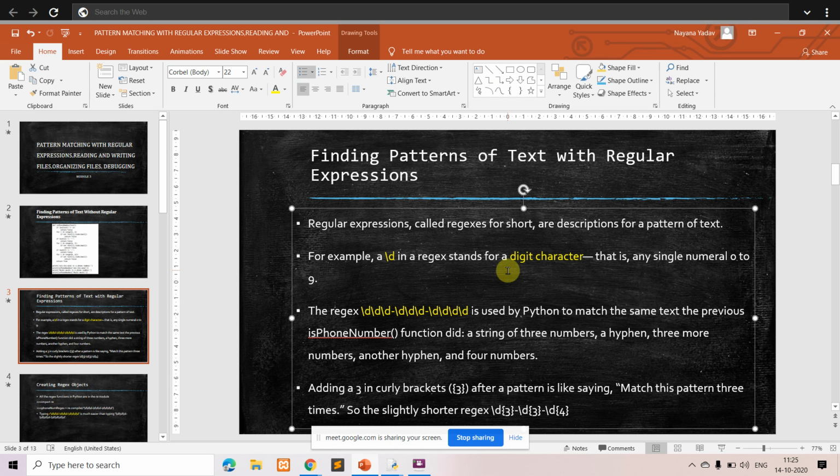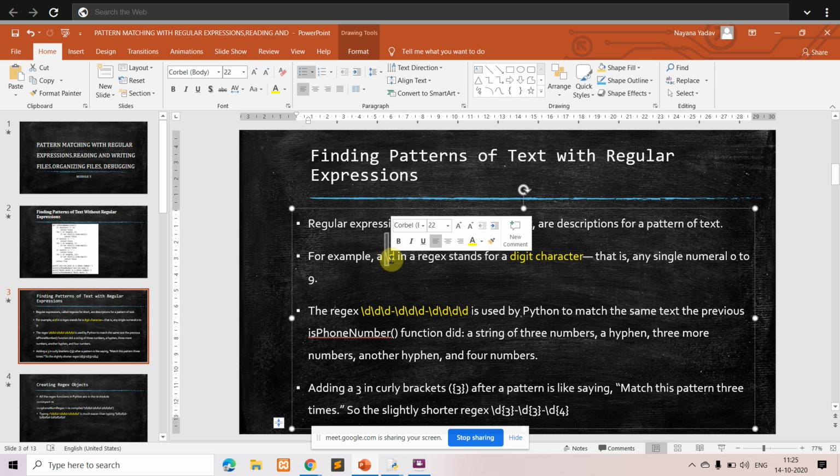So here, regular expression, that you can also call it as regex, or the description of pattern of text. Now here again the pattern is same, that is we want to find 3 digit. So digit you can represent it as slash d. Okay, so we're not speaking about the escape characters and all, we are speaking about the regular expression now, that is for digit character.